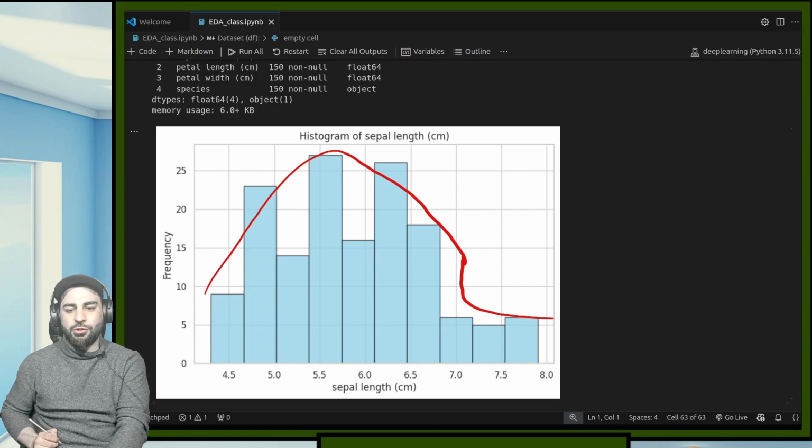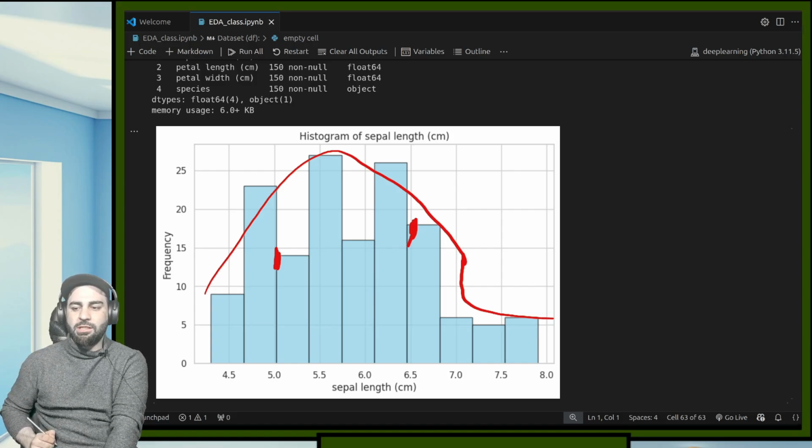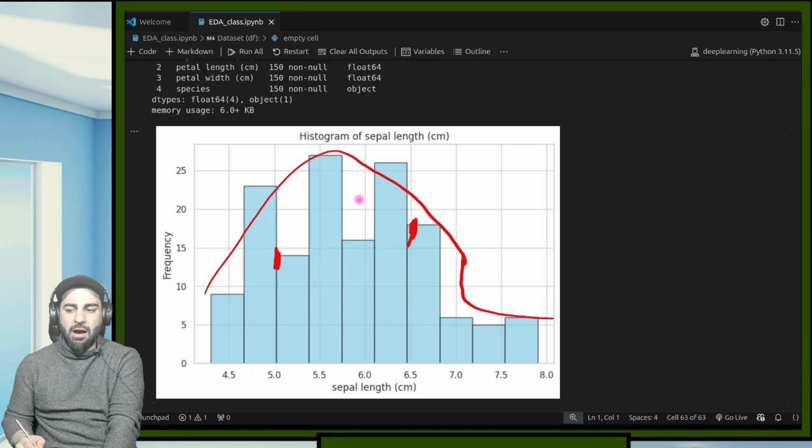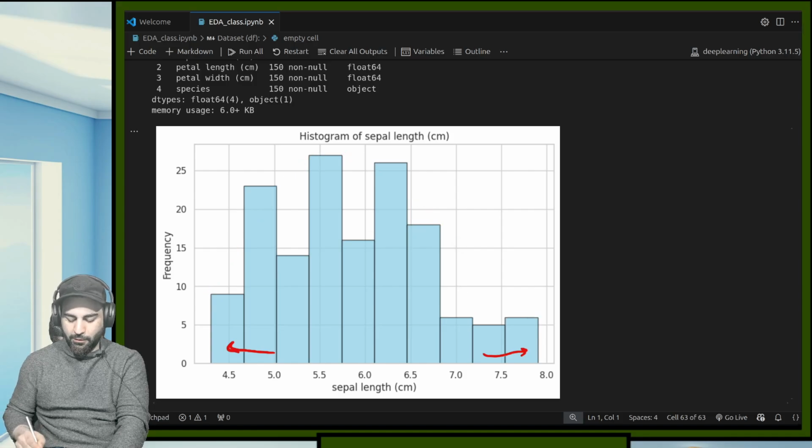And you can see most of these sepals lie between some 5.0 to 6.5 centimeters, from here till here. So most of these sepals lie around here. These observations say that below 5.0 and higher than 7 there is a very small range. If you see, this is very little over here, and higher than 7 there are very few points. So based on this histogram of sepal length